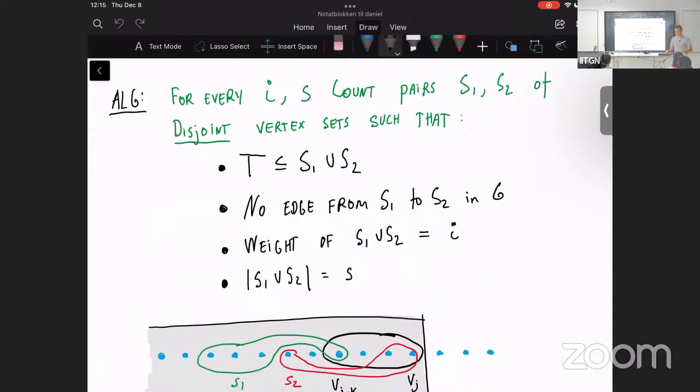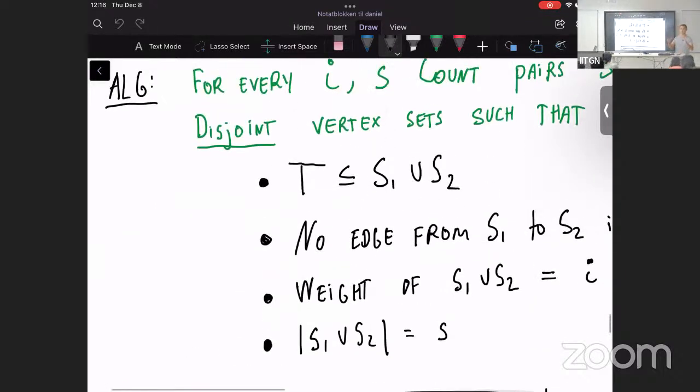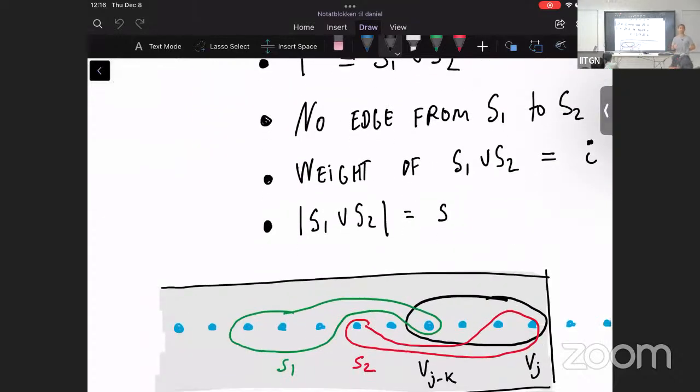So what are we going to do? Well, here's the picture. It's like subset equals. It can be equal, right? No, we do need to look at S1 union S2 being a superset of T, because we're trying to look for a set S which is a superset of T. Okay, so now how do we count these pairs, S1, S2?